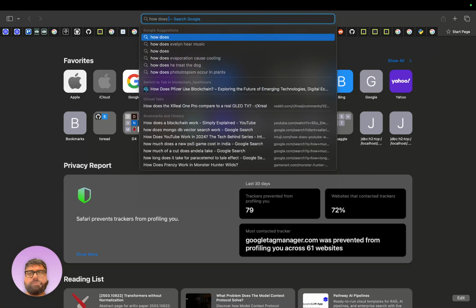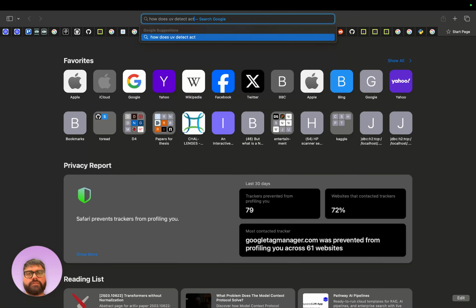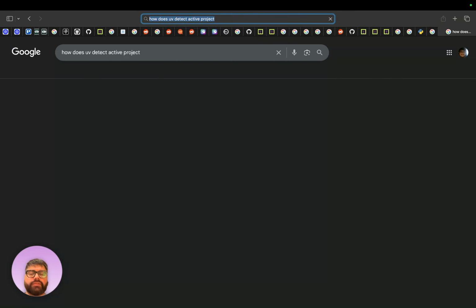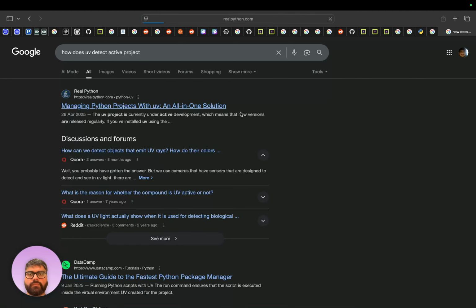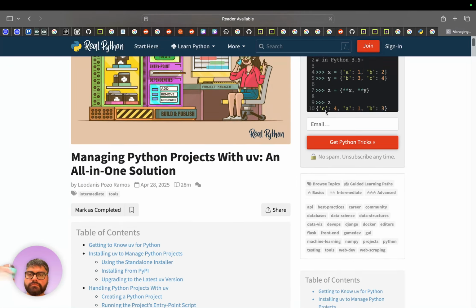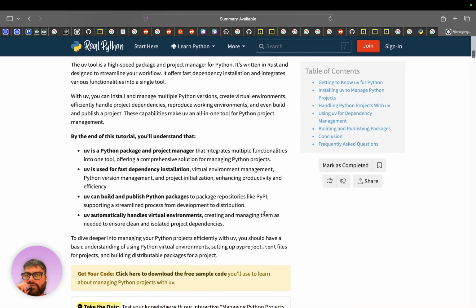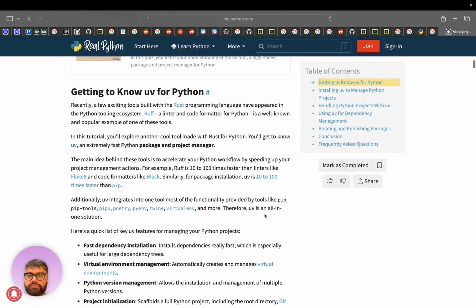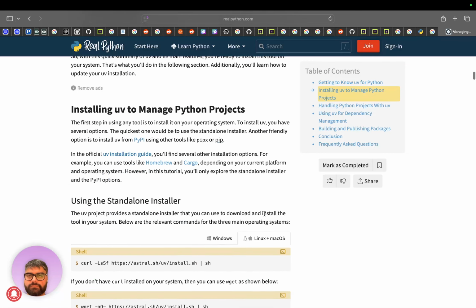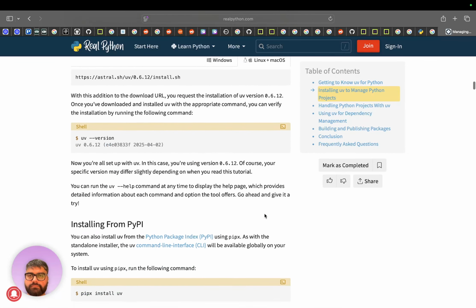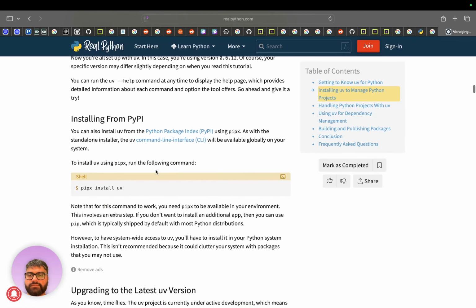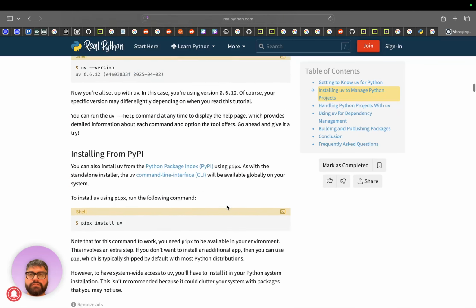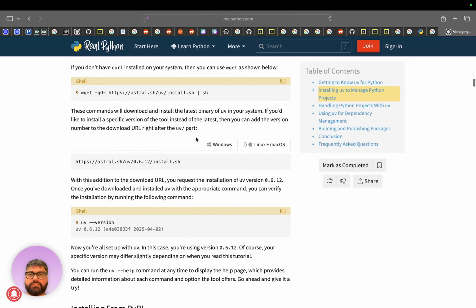How does UV detect active project? I have a feeling one of the issues is that initially I installed from Homebrew, then uninstalled and got the self-managed installer because I didn't want UV to be dependent on another installer.